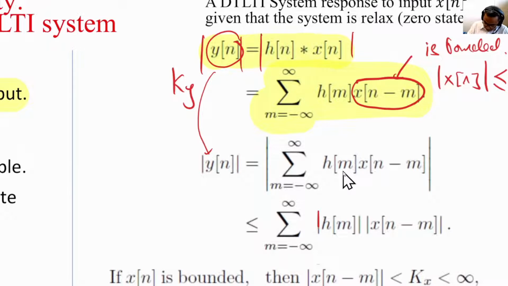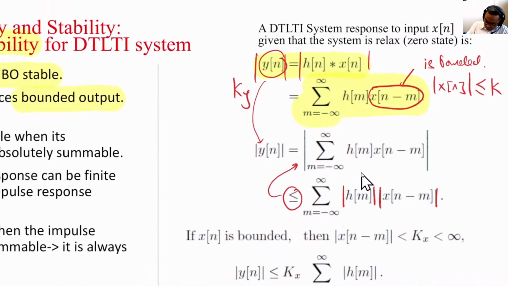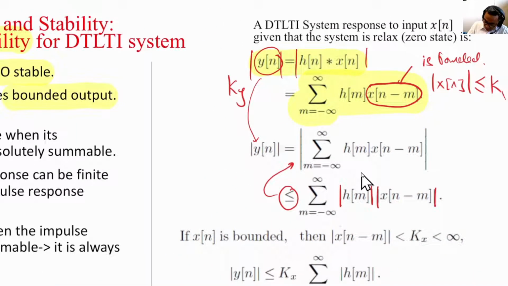If we take each of these terms as absolute value, we are always adding up, implying that this summation is greater or equal to this previous expression over here. Remember then, we are told that the input is bounded. So we substitute kx to represent the largest value that we can ever observe